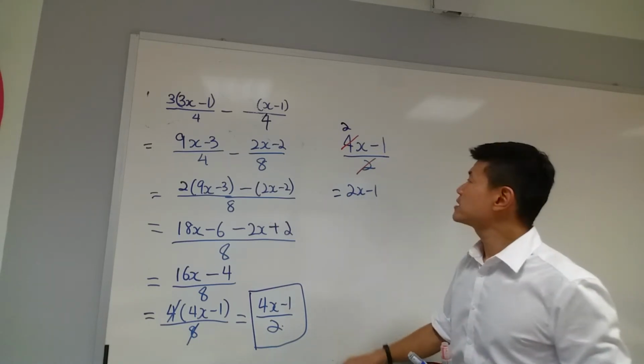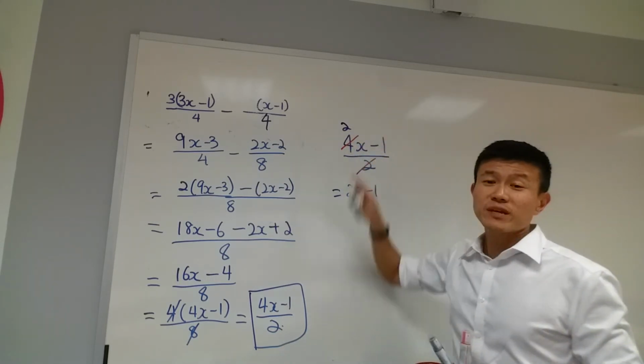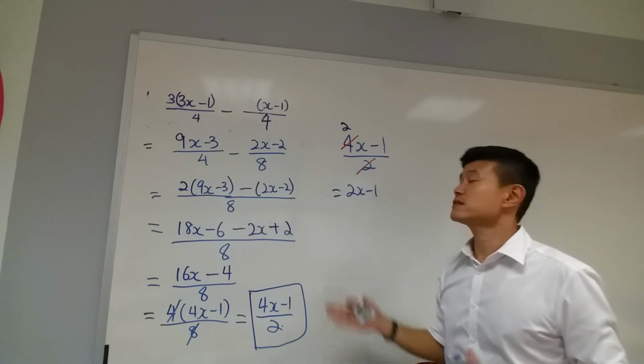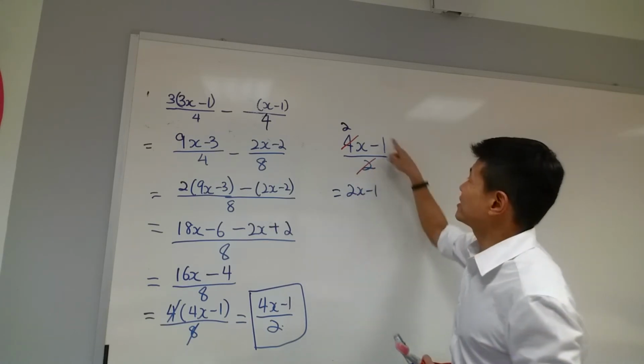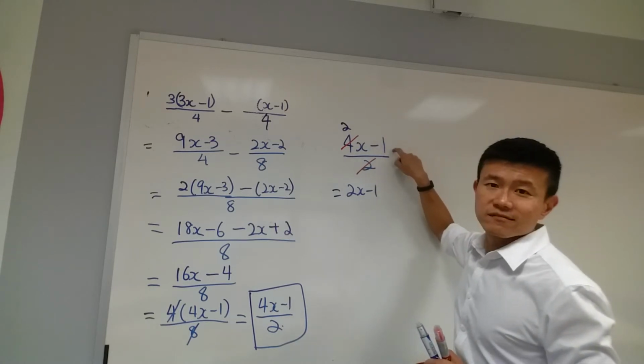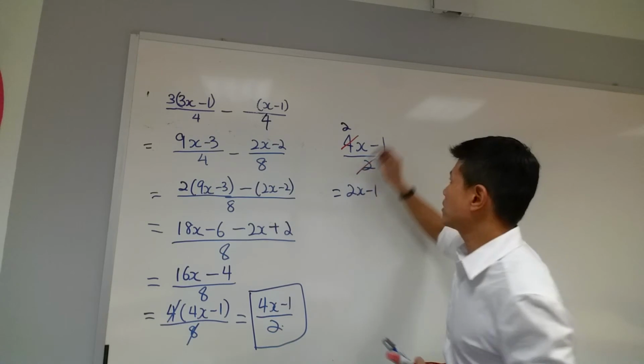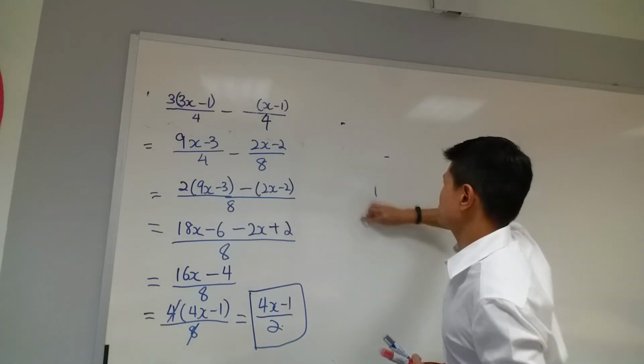Why is it incorrect? Because the numerator needs to be factorized first if you want to do this. Now here you can't factorize it any further because 1, there's no other factor, it's just 1. So you can't factorize it any further. What you can do